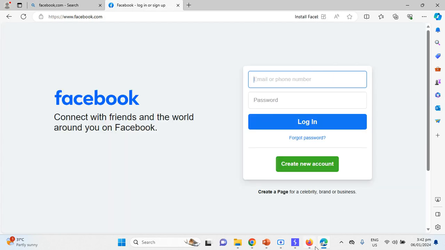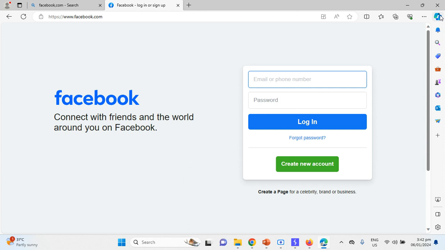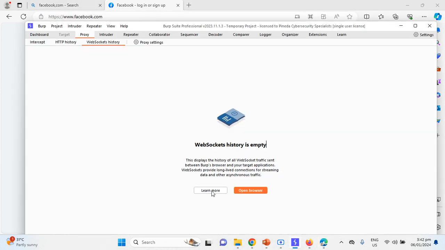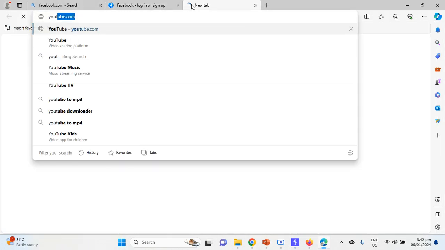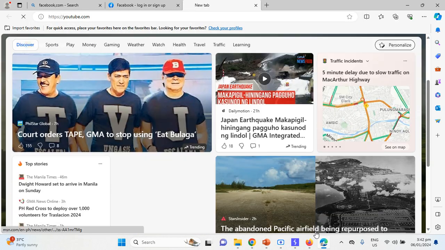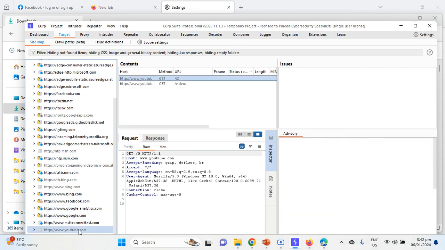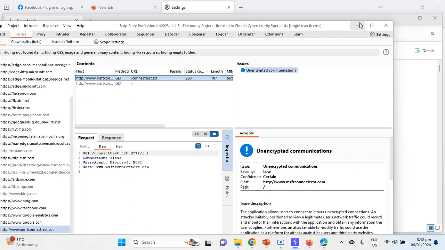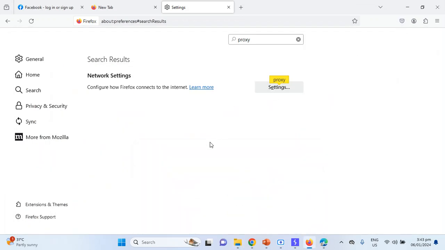Okay, it looks good. So you have to choose trusted, trusted root. Okay, so now it's reporting here, right? Let's go to YouTube. It's now going to report here. YouTube is here. All right. So you're now able to